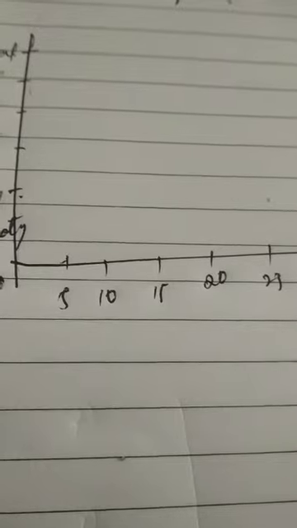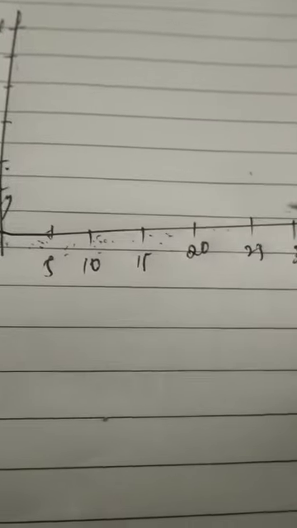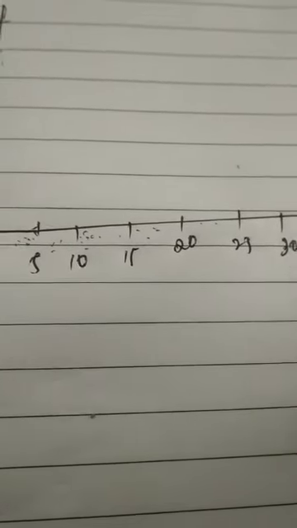One thing we need to understand is that all these numbers have gaps of 5. This is actually called the unit length. So 1 unit length is equal to 5 shirts. The gaps are of 5: 0 to 5, 5 to 10, 10 to 15, 15 to 20. All these gaps should be uniform.